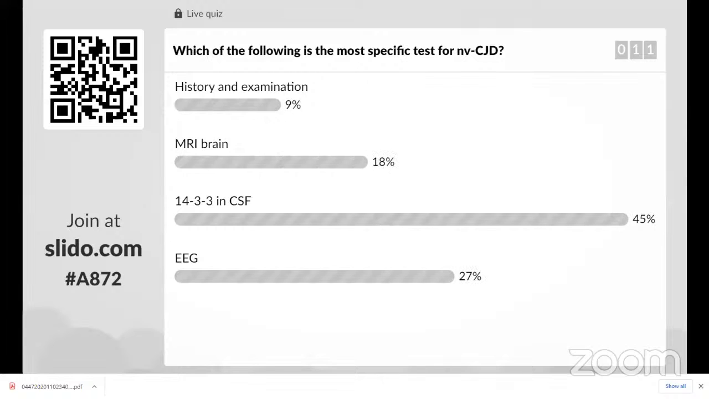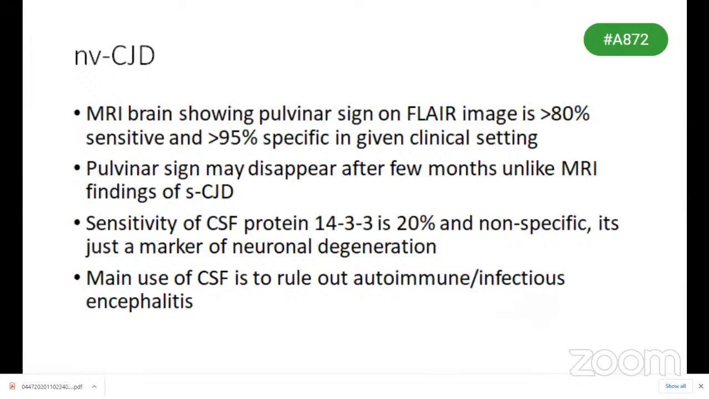Okay, 45% people say it is 14-3-3 protein in CSF, 18% say MRI, 27% say EEG, and history 9%. The correct answer actually is MRI pattern. MRI abnormalities showing pulvinar sign on FLAIR images are seen with 80% sensitivity and 95% specificity in the given clinical